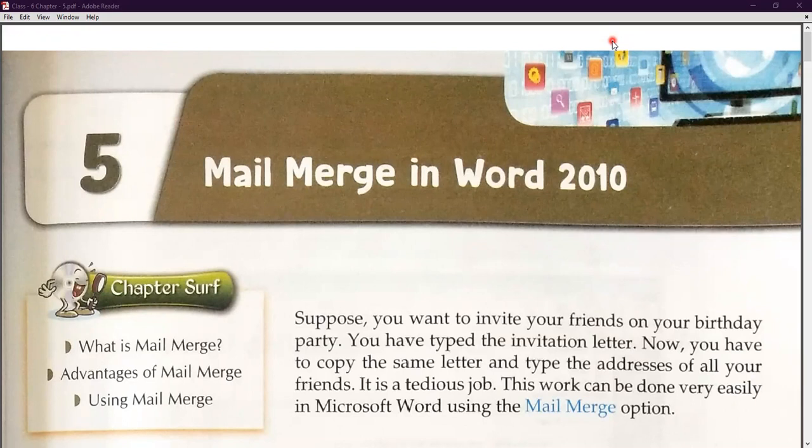And yes, so far we have done chapter 4, which was about the tables in Word. Now we are going to start mail merge in Word 2010. Students, we are learning the Word application, which is word processing software. So far, we had done how we can create a table and how we can manipulate it. But now it's time to understand one more feature provided by MS Word, and that name is mail